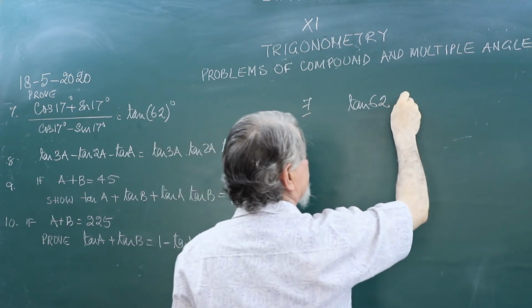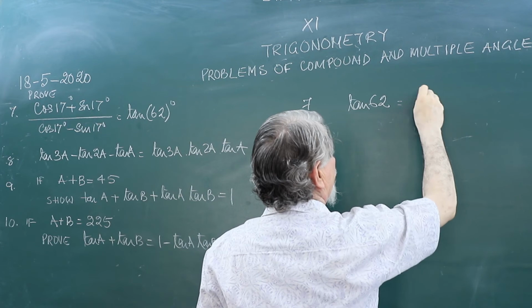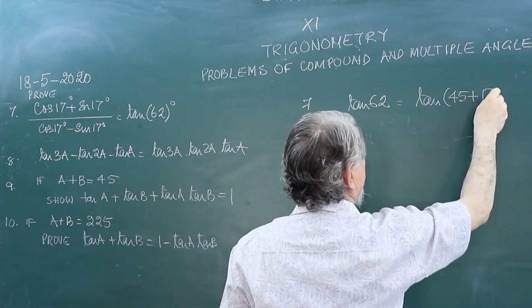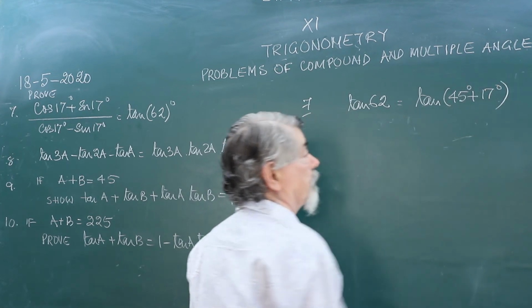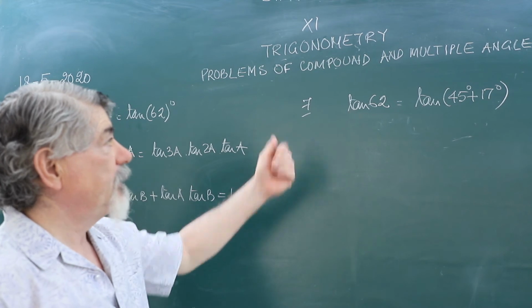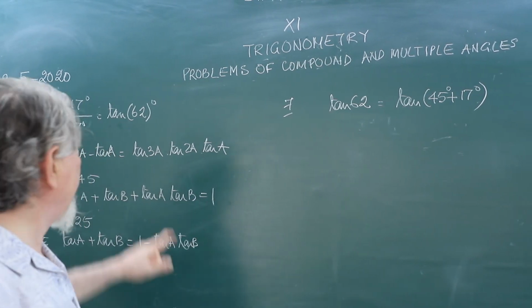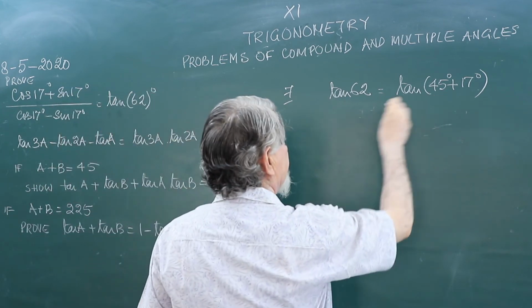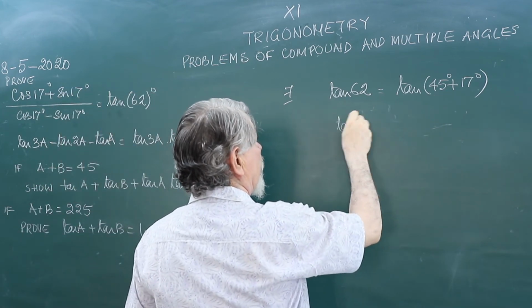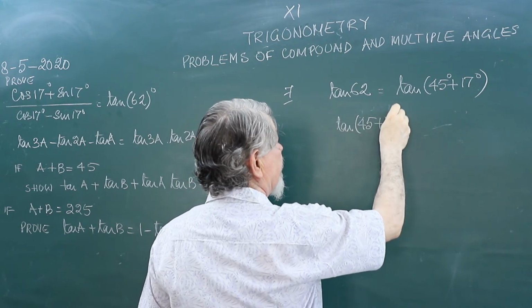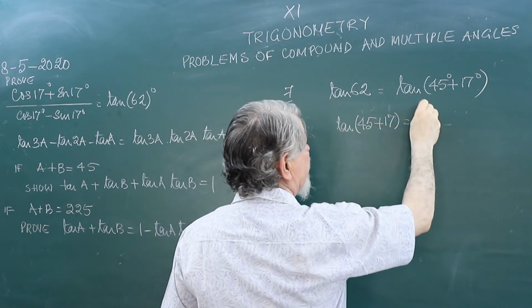can be written as tan(45 + 17). 45 plus 17 is 62. So, it is coming in terms of 17. So tan(a + b), tan(45 + 17) is equal to tan(a + b)